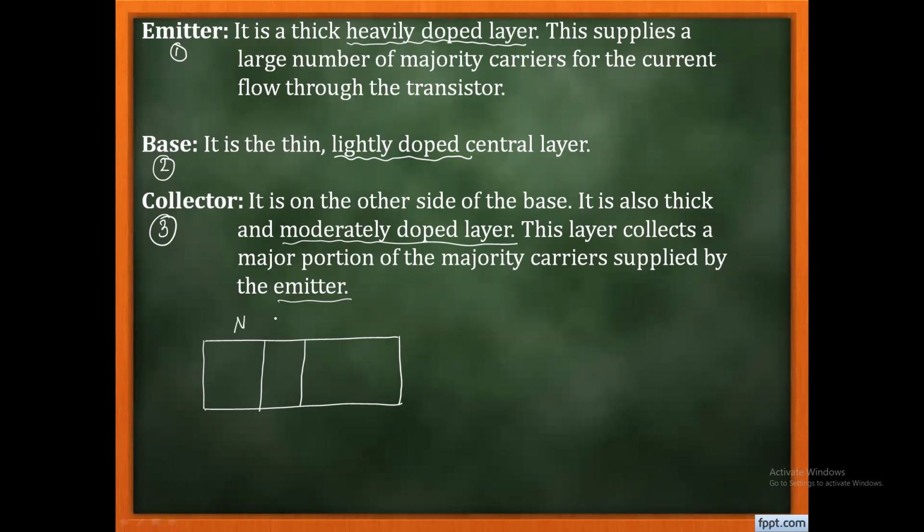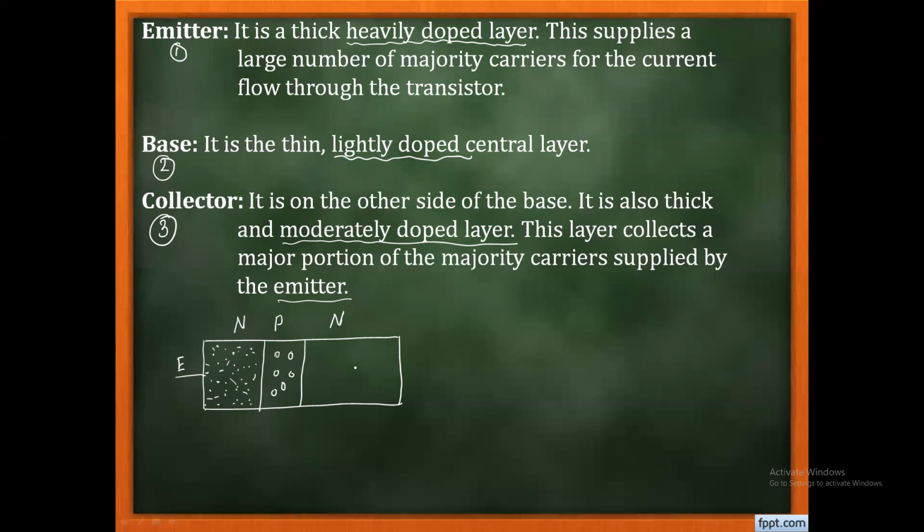I say that it's an NPN type of transistor. This is the emitter, which is heavily doped, and heavily doped indicates that the emitter region will contain a large number of free electrons in the NPN type of transistor here. The base region is lightly doped. It means very few, and it's very thin, meaning the size is also very small, and the number of holes present in that P region is also very small.